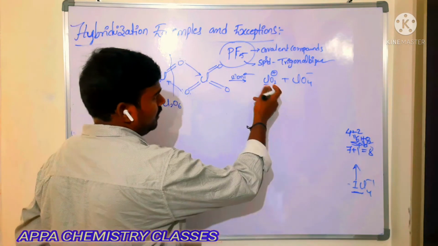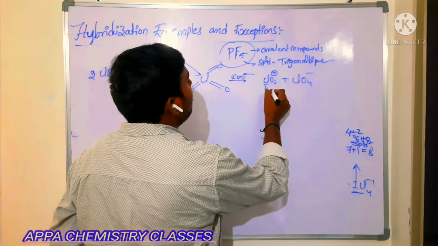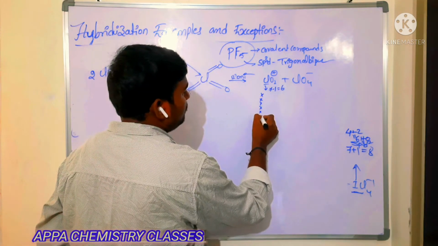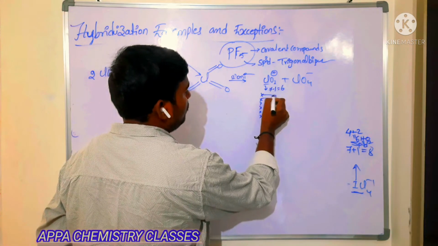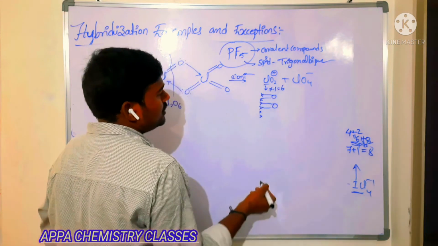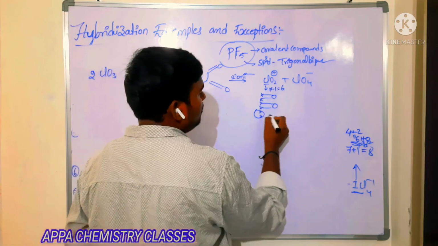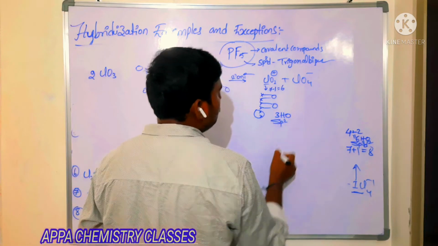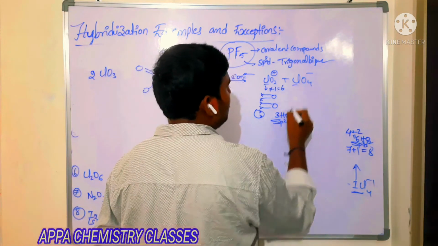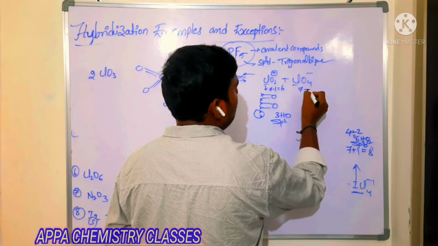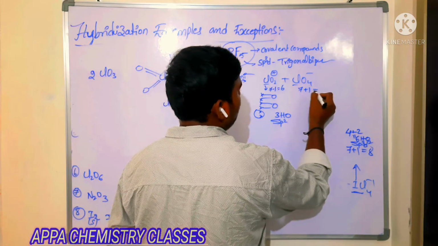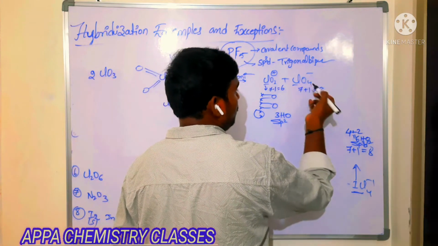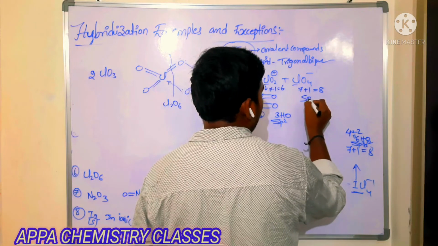Same. Now you can take here Cl 7 minus 1, that is 6. So 6 dots. Out of 6 dots, 4 are utilized. 4 electrons are utilized by 2 oxygens, 1 lone pair. So 2 plus 1, that is 3. 3 hybrid orbitals means sp2 with 1 lone pair, angular geometry. Here chlorine, 7 plus 1, that is 8. So 8 dots, 4 oxygens. So it will be sp3 hybridization.